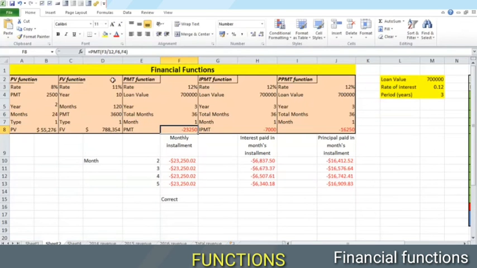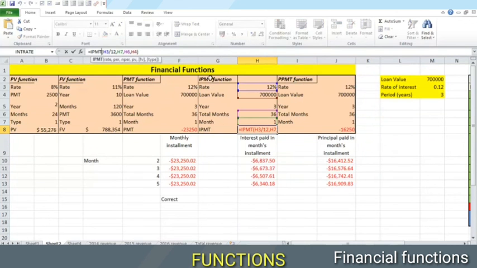Next we have this function, the monthly installment, which remains constant. This is even easier, just the rate, the number of periods of the complete loan till its end, and the principal value of the loan, the present value when it started. Similarly, this shows the interest value, the interest in payment.